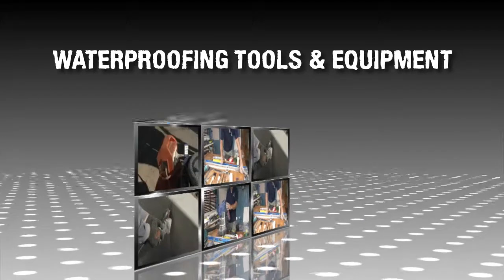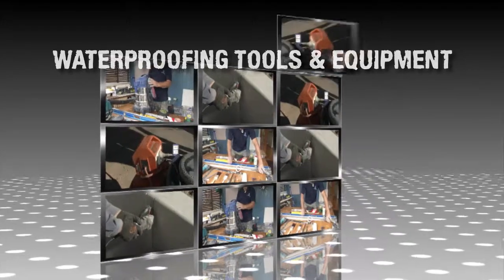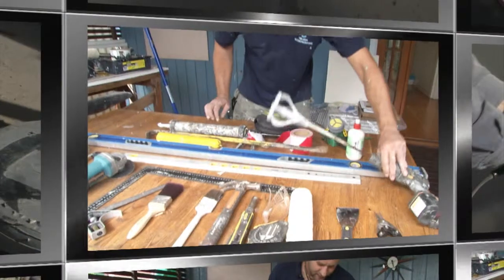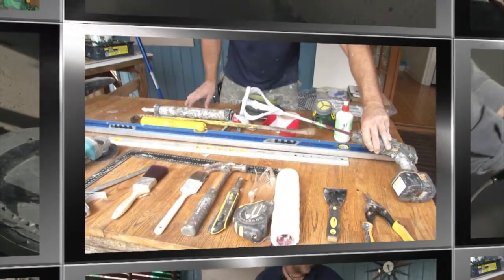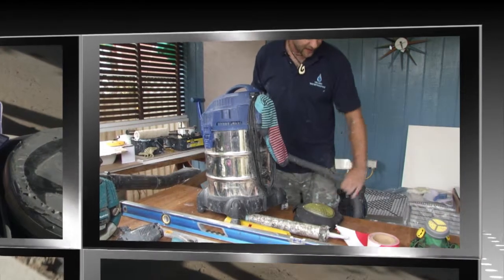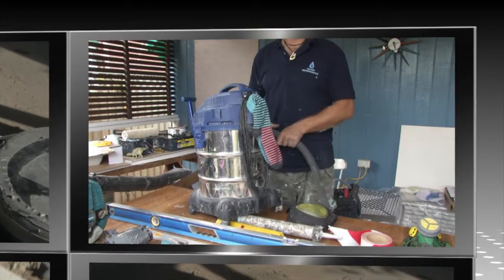They say that a tradesman is only as good as his tools. To undertake quality and efficient waterproofing work, you need to know how to correctly and safely use the right tools for each specific part of the job. When planning for a job, consider what tools and materials you'll need in advance and implement all safety and environmental